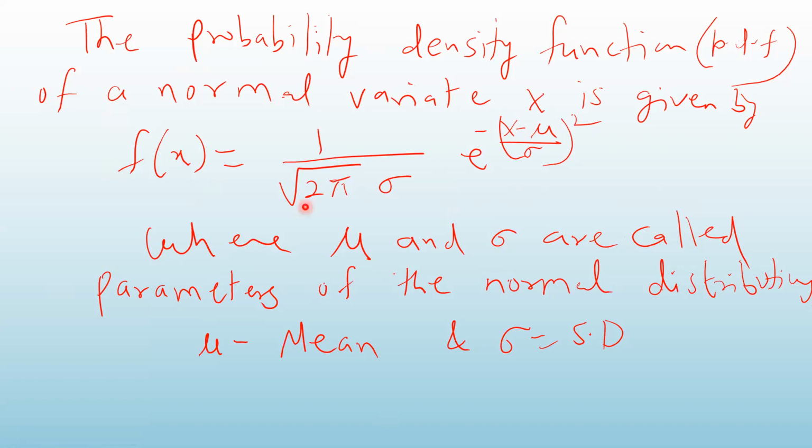So in order to find the probability, we use the graph method. We will find the graph of this function. As you know, any function can be plotted on graph paper. So when you draw the graph of this function, it gives you a curve, and that curve is called a normal curve.